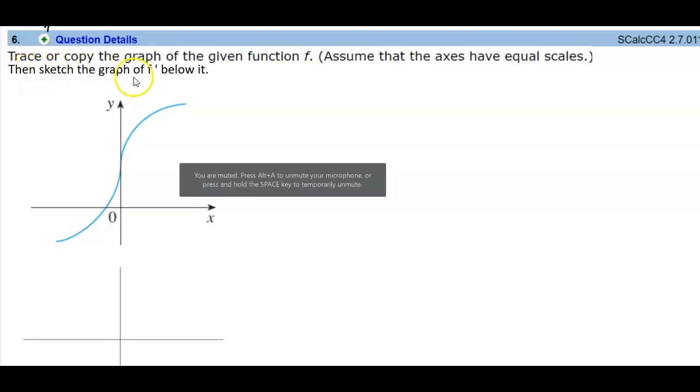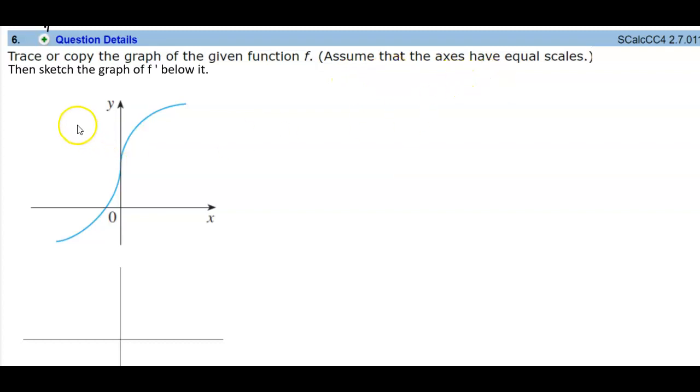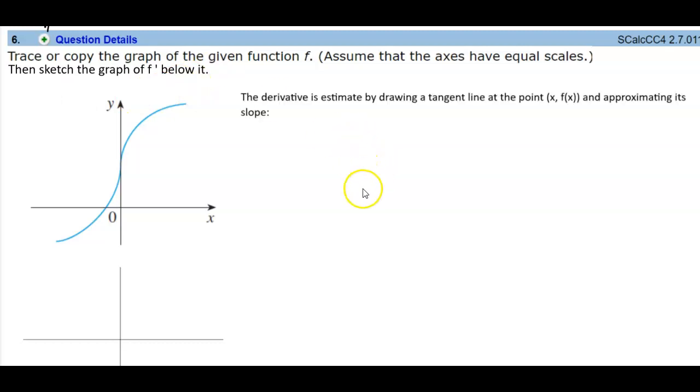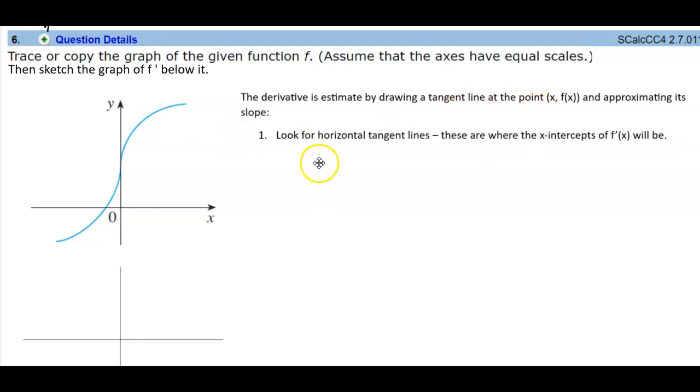In this example, we want to trace or copy the graph of the given function, f, and then assume that the axes have equal scales, and then sketch the graph of the derivative below it. So, we know that the derivative is estimated by drawing a tangent line at the point x, f of x, and approximating its slope. First thing we want to do is look for horizontal tangent lines, and these are where